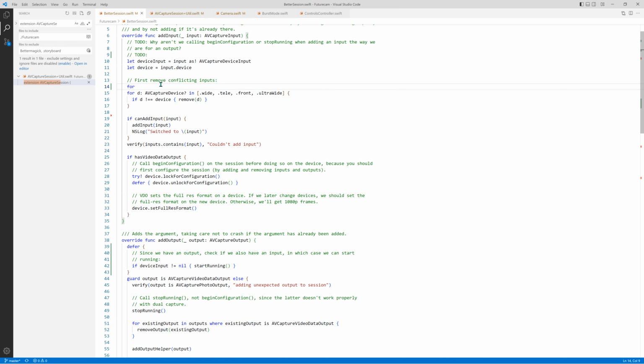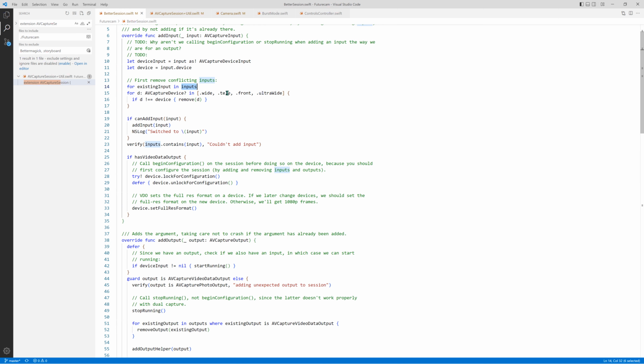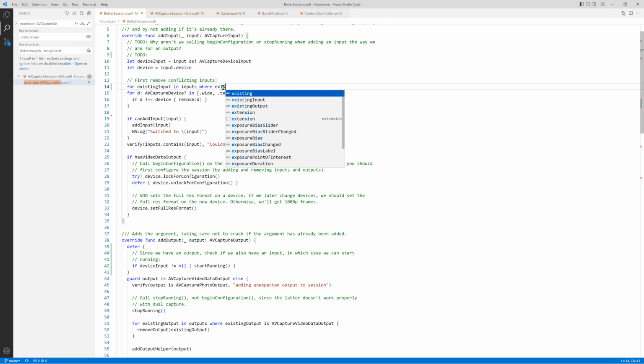So can we iterate over them? For existing input in inputs, which is not a name that conflicts, this is input, this is inputs, and these are other names, device input and device. Where existing input is different from the given input,